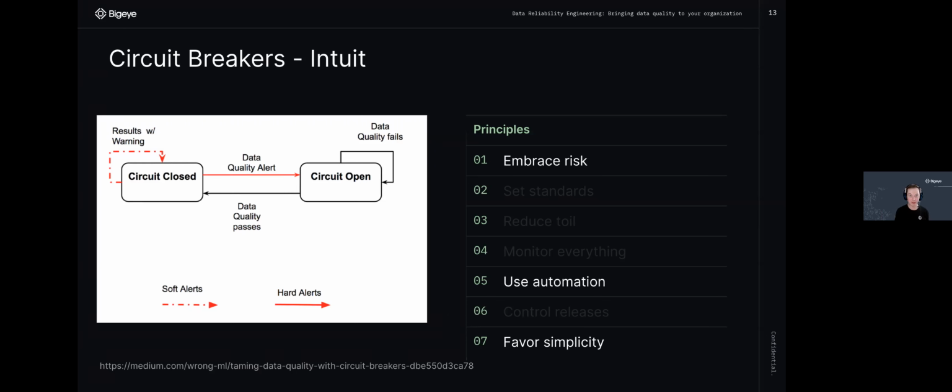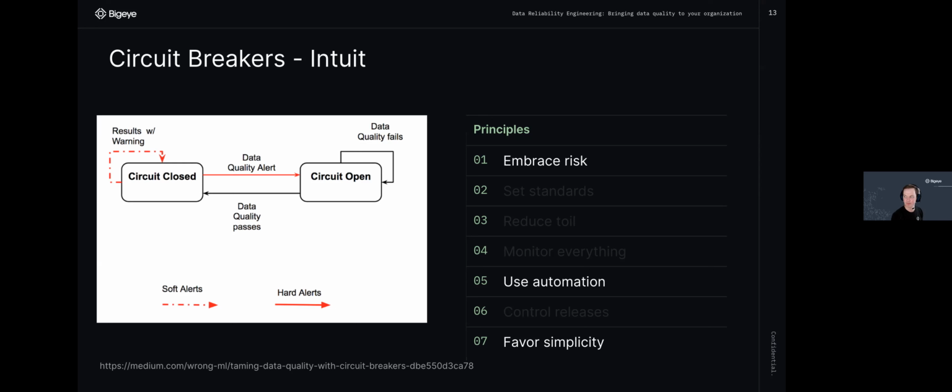There's not a lot of moving pieces. This is extremely simple. Principle number 7. This favors simplicity over any sort of complex system to understand the state of your data and to stop bad data from flowing. So this allows Intuit to trust its data without taking too much time and effort